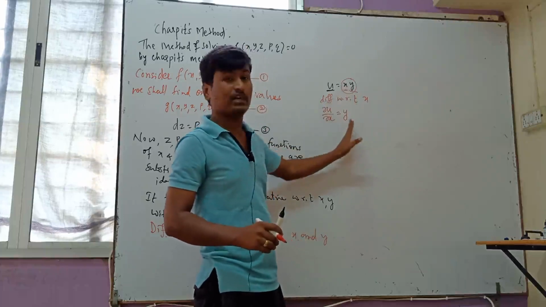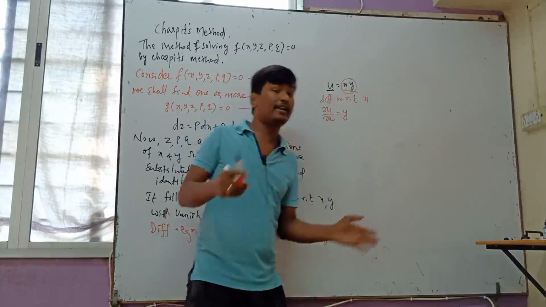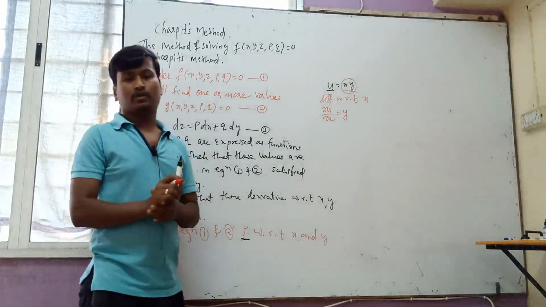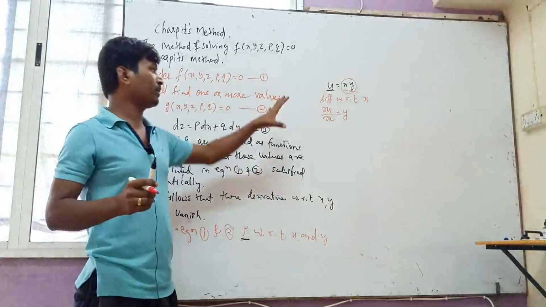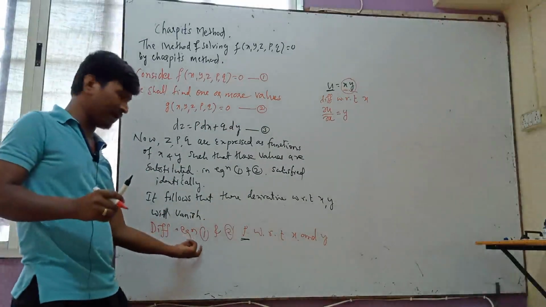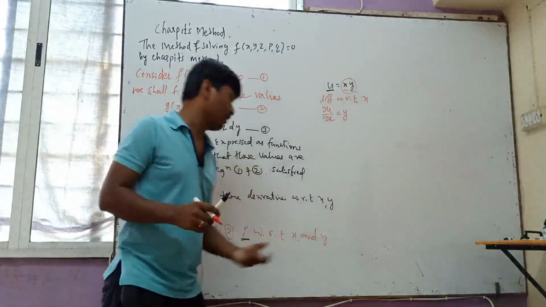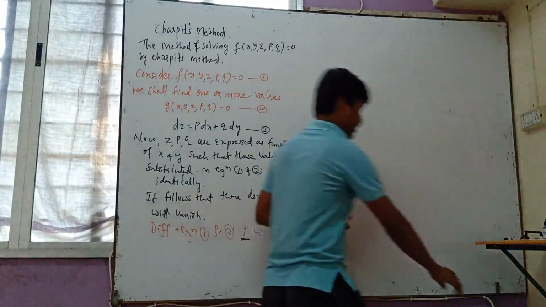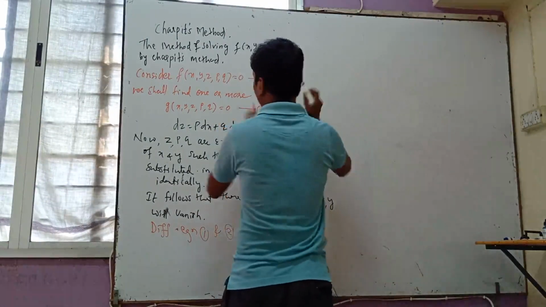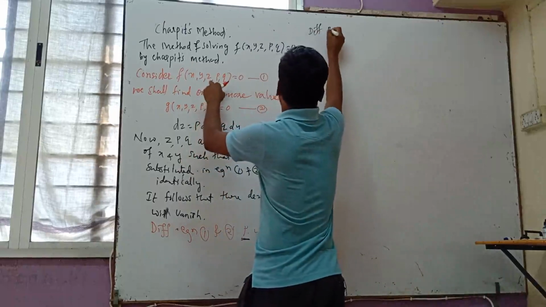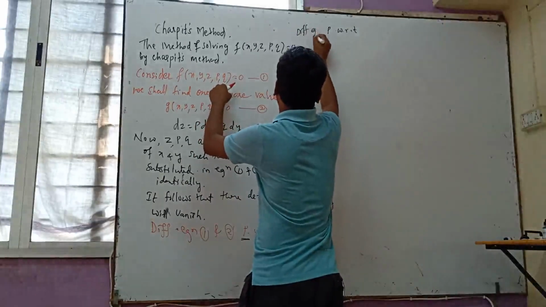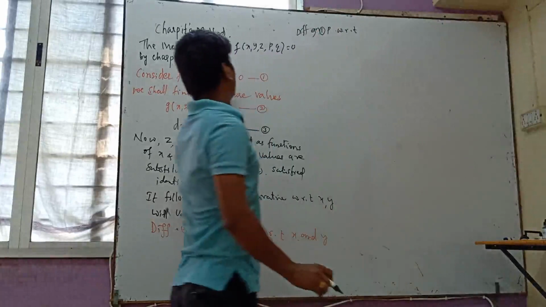So why is x constant outside? In partial derivatives and ordinary derivatives, you know the rules of differentiation from the PUC. In your PUC classes you studied differentiation. On that basis, I am differentiating equations 1 and 2 partially with respect to x and y. So now I am differentiating equation number 1 with respect to x first. Remember, differentiate equation 1 partially with respect to x.